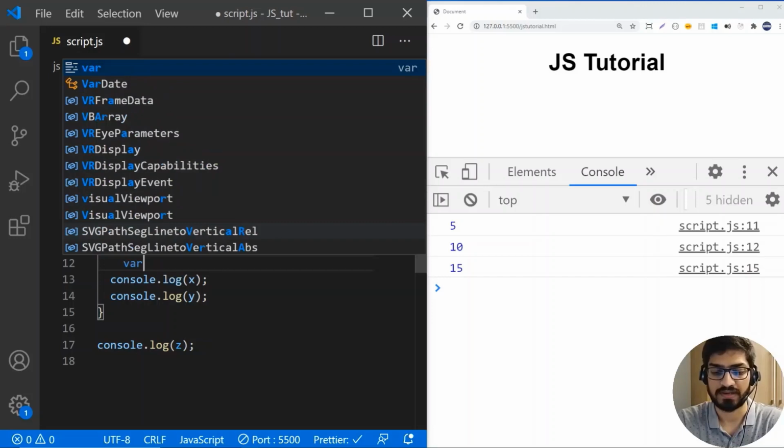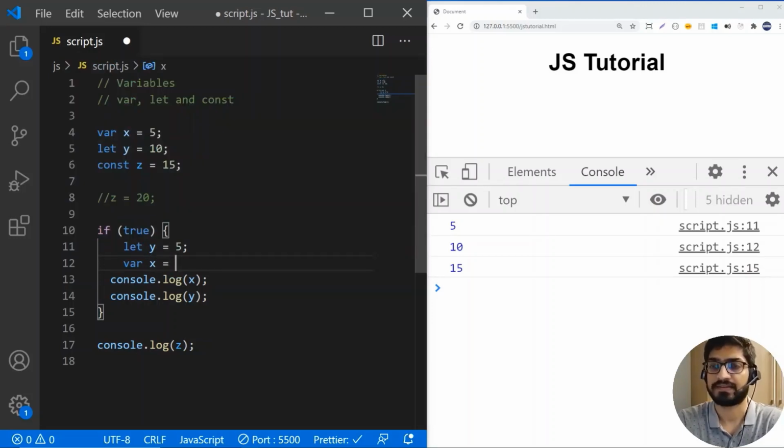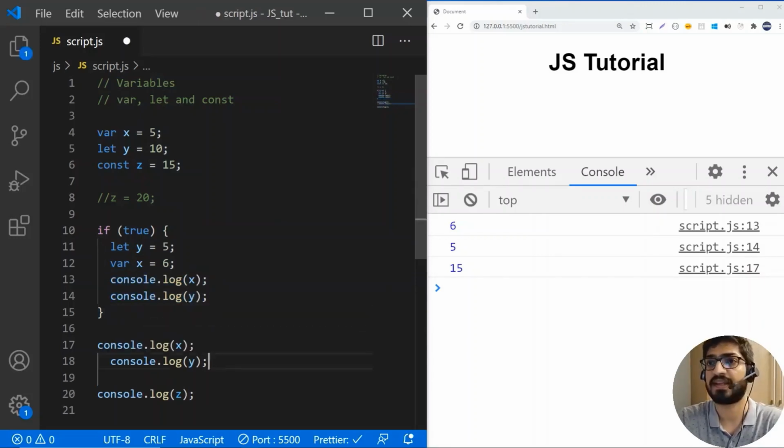And I'm going to declare a var x equals 6. And if I save this time, then the value of x and y will obviously change because I have overridden the values which were previously declared. But when I want to print these two outside of this, and in this case, I'm going to comment this